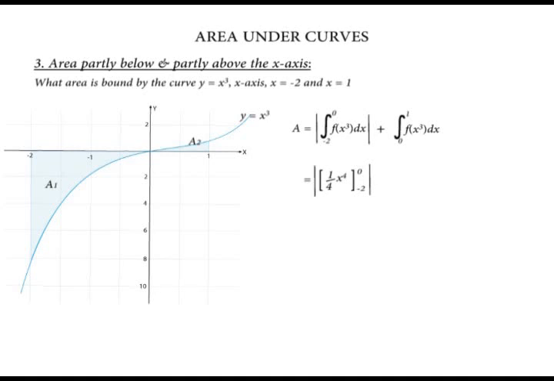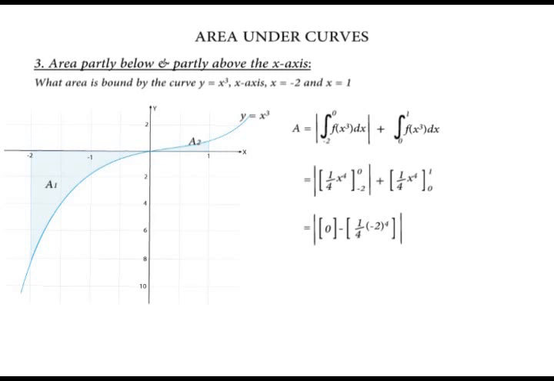Then plus the area above the x-axis, we shall get a quarter x to power 4, and then the limits are from 0 to 1. Now to get the integral values for each section, we substitute the upper substitution minus the lower substitution. For the absolute section, the upper limit is 0. If we substitute in that integral, we shall have a quarter times 0 raised to power 4, which is basically 0, minus substitute the lower limit, a quarter times -2 raised to power 4,